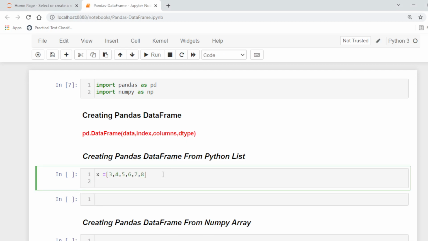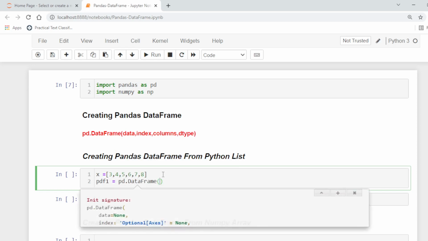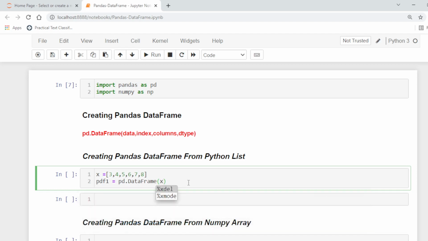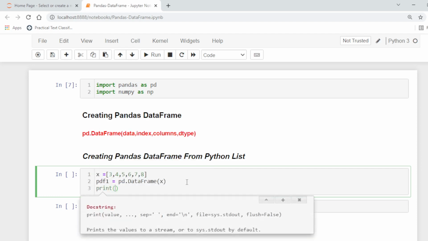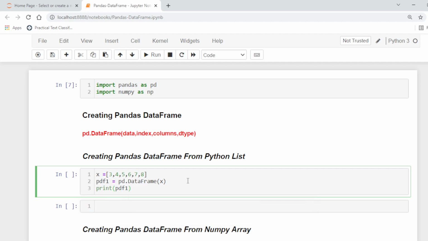Now we want to create a pandas data frame. So let's say pdf1 is equal to, we will use the pandas data frame constructor to create the data frame, and now we use x, the data, where x is the Python list. Now to print pdf1.